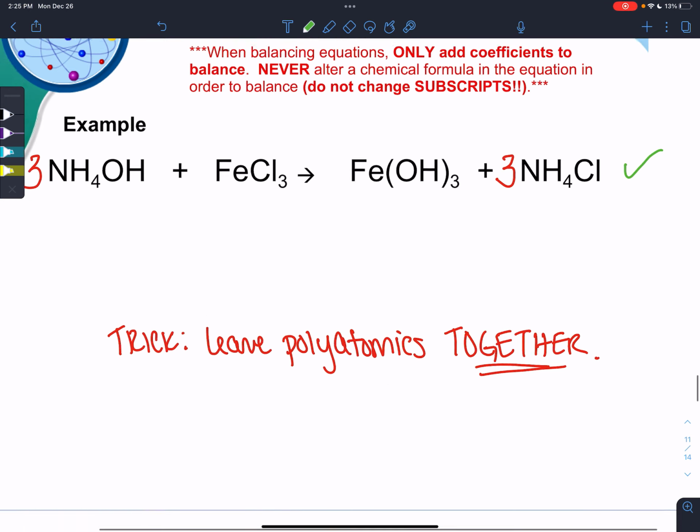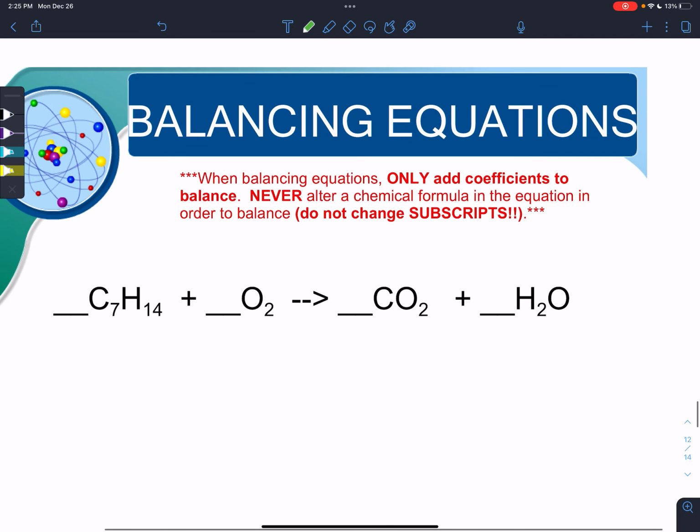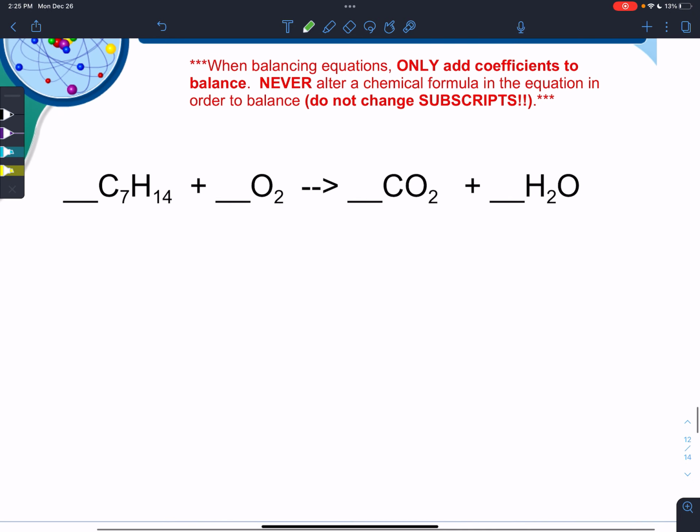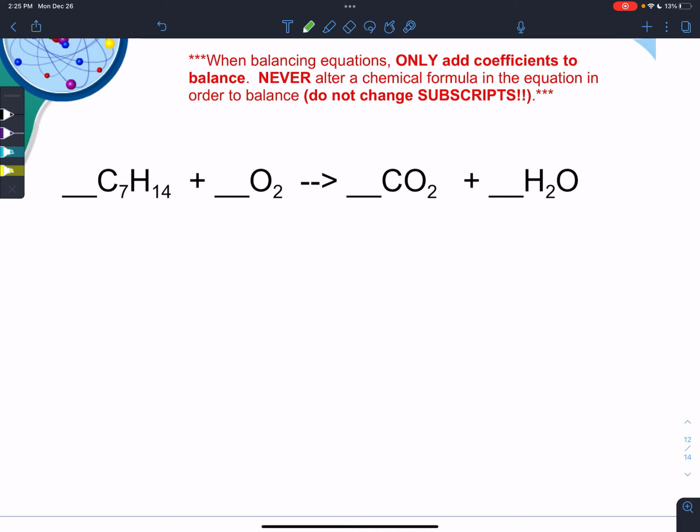All right, let's try another one. Okay. So this one is a combustion reaction, which we're going to learn how to identify in a later lesson in this unit. But there's a trick for this one. And so whenever you see combustion reactions, which look like this, you are always going to do them the same way. And the trick is